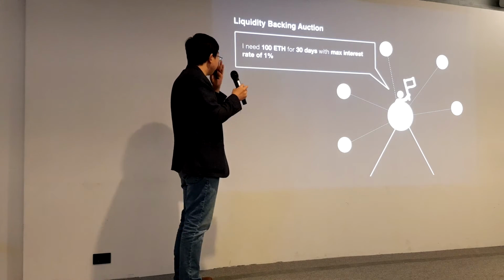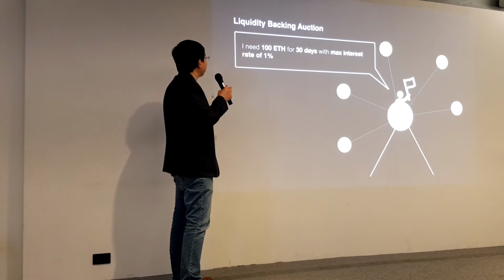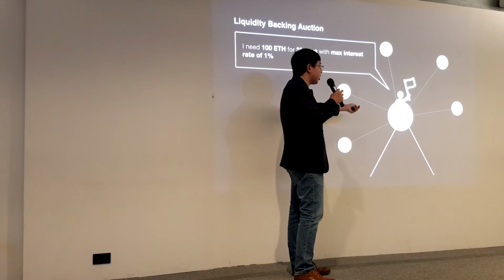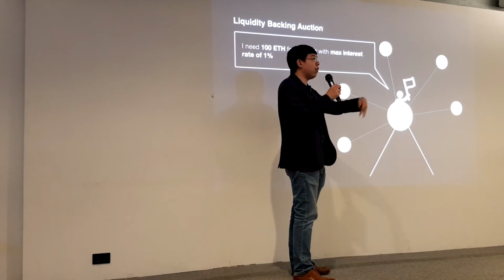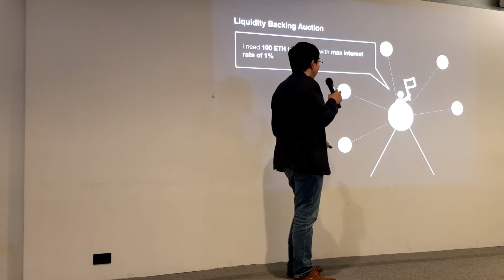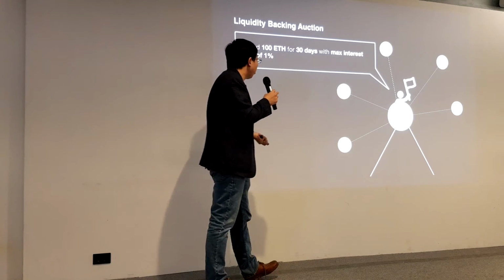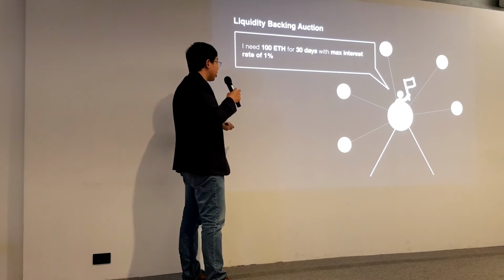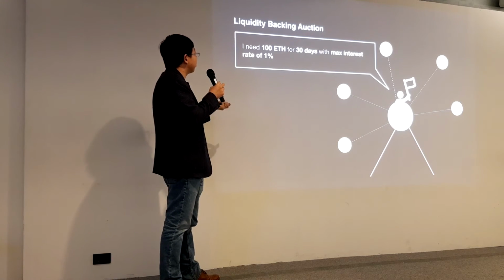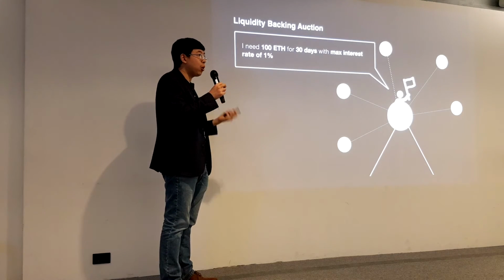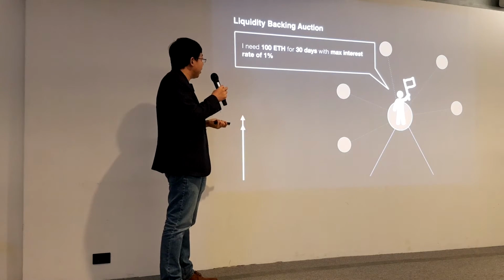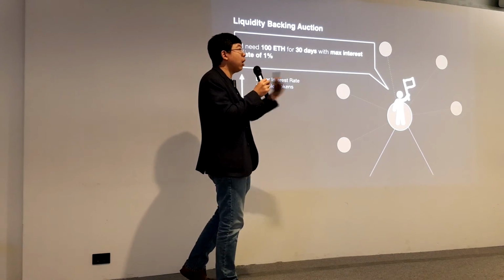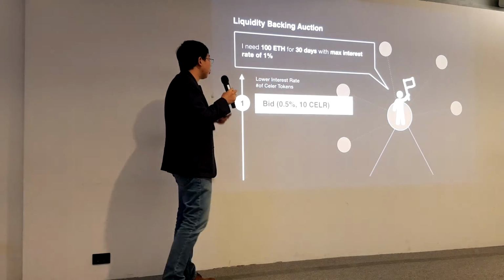How do we use them? We created something called a liquidity backing option. Let's say this guy is some technology-savvy person who wants to run an off-chain service but does not have the liquidity required to do that. What he can do is start an auction contract on the blockchain directly saying, I need 100 ETH for 30 days with a maximum supportable interest rate of 1%. Then all these liquidity backers will be eligible to bid on this contract, saying, okay, I'm willing to lend you for 0.5%